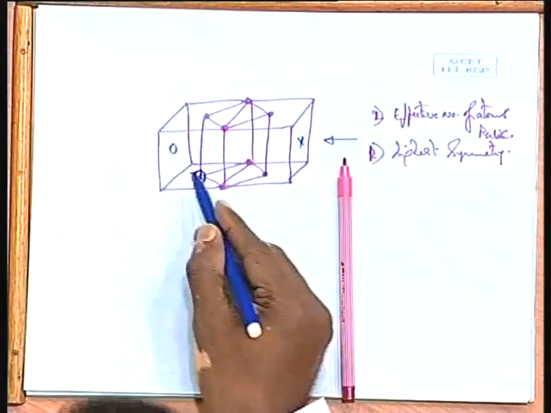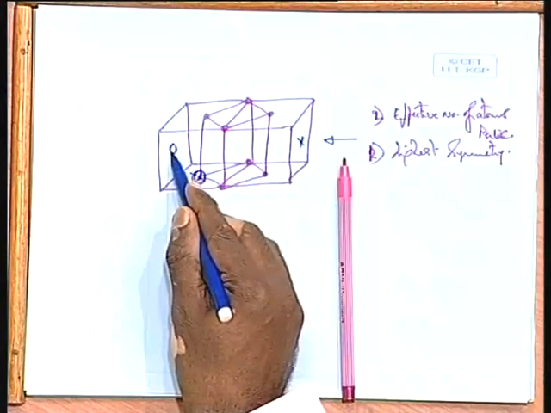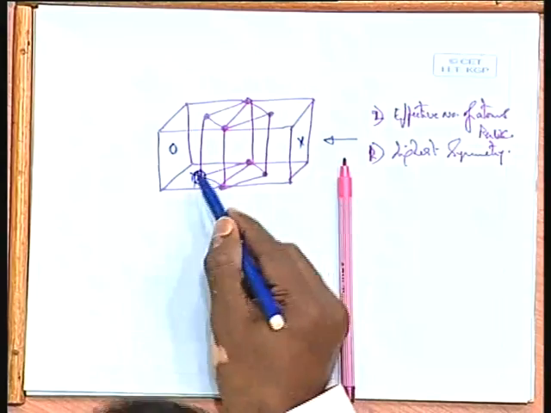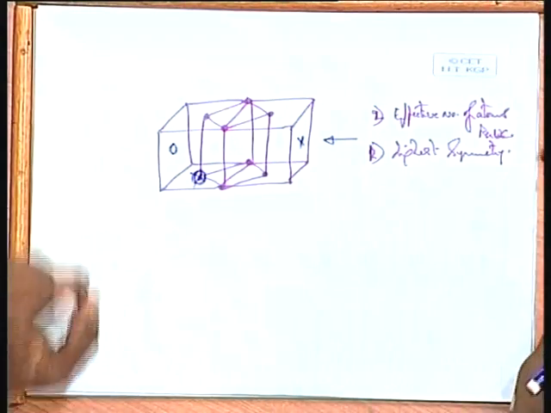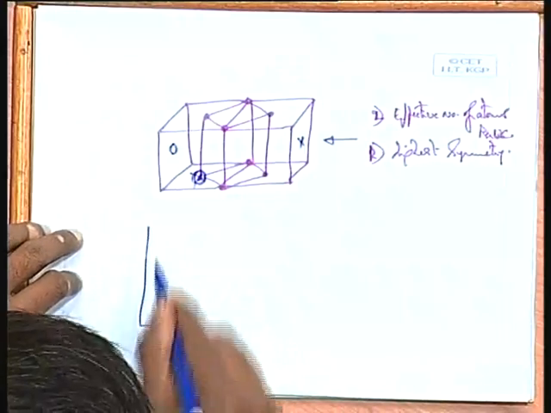So, why can one not preferentially put an atom here and just call it base centered? The moment I put an atom here, automatically I have to put an atom here, because there is no difference between this plane and this plane. I cannot preferably call this a base, but if it is a tetragonal I can still call it a base, because if I take a tetragonal unit cell,